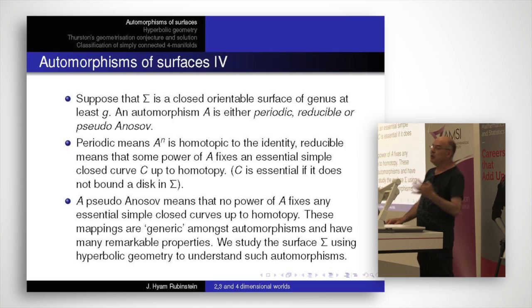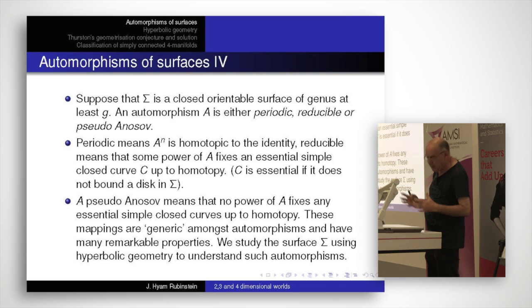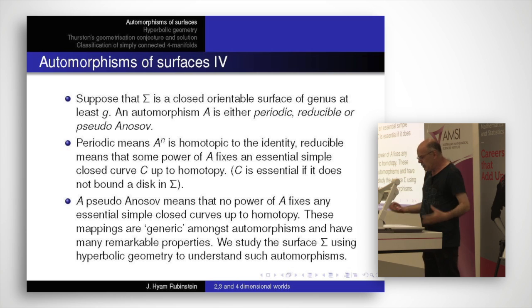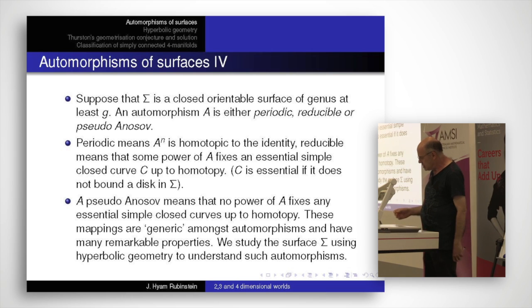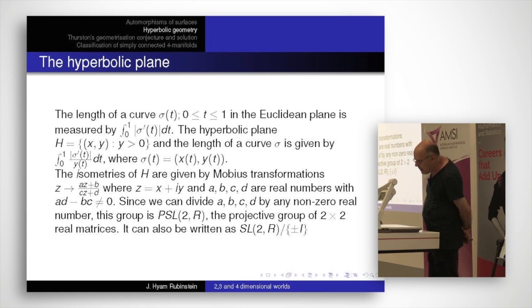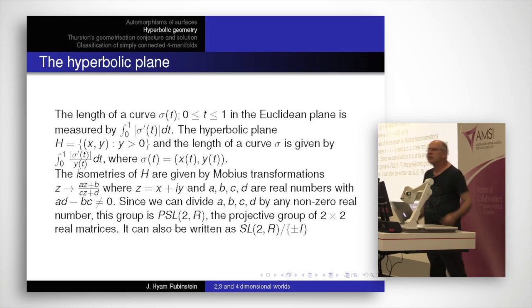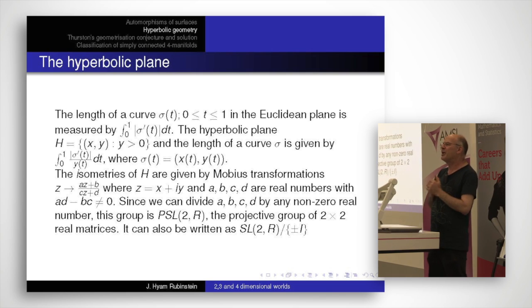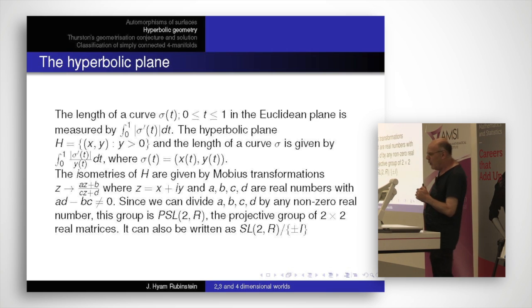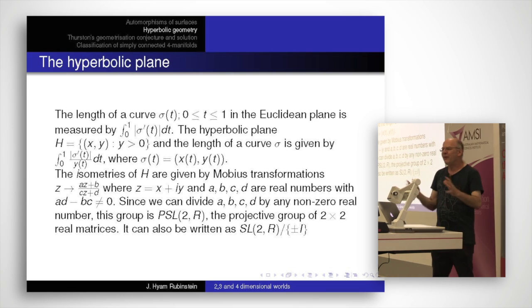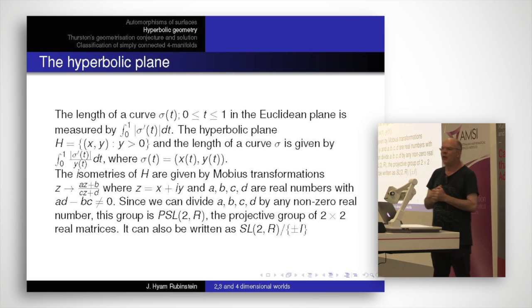So to understand what's going on, we really now need to move into the realm of geometry. So we need to start talking about geometry. So far, this has all been about topology. Thurston again revolutionised the field by integrating geometry and topology, in particular hyperbolic geometry. So I have to say very quickly, what is hyperbolic geometry? I don't know how many of you have seen it before, but at least the foundational ideas are very straightforward.